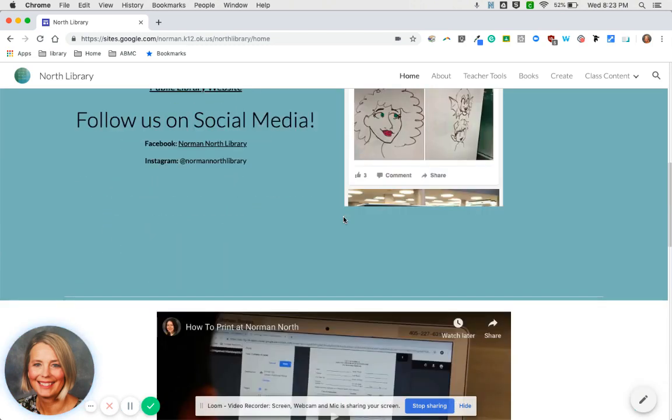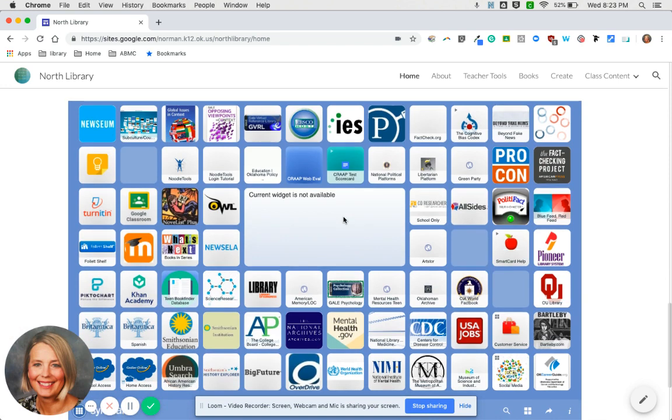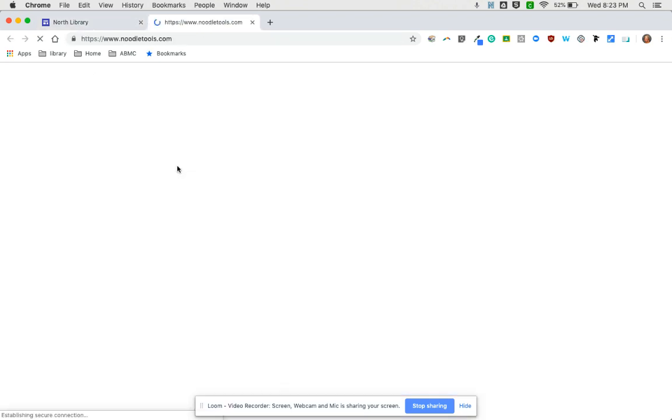If you scroll down to the research sites, you'll find an icon that says NoodleTools. It's also on the teacher tool symbol, but for today, we're just going to use NoodleTools. So if you click on NoodleTools